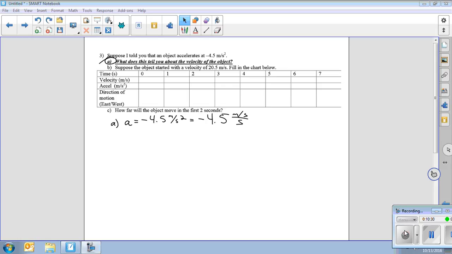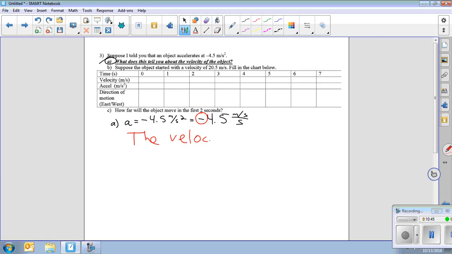So let's see, where was I? Remember, your acceleration can be written as meters per second per second. So what does it mean? Well, it means that, first of all, this is negative. That means the velocity decreases by 4.5 meters a second